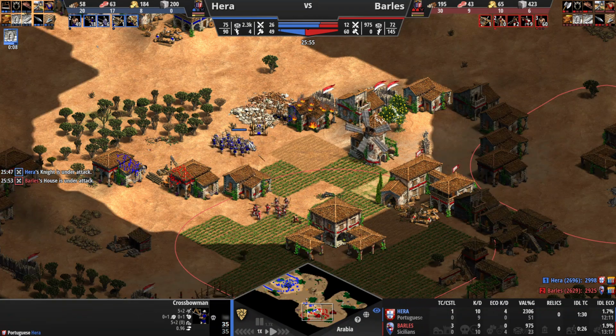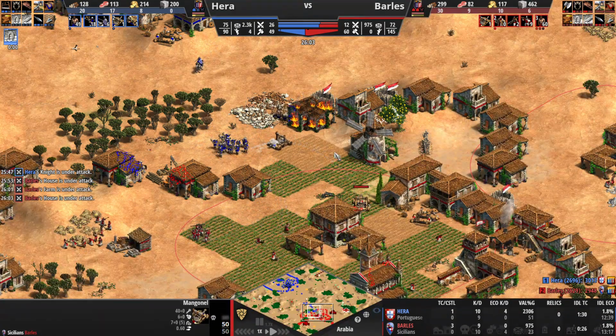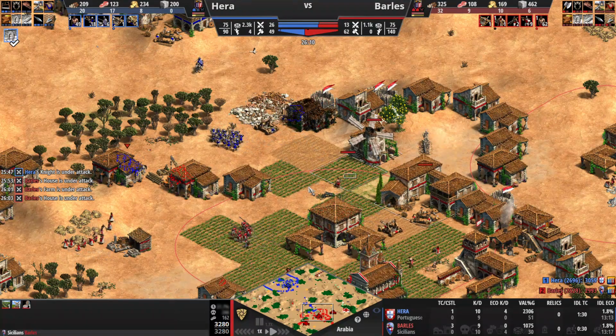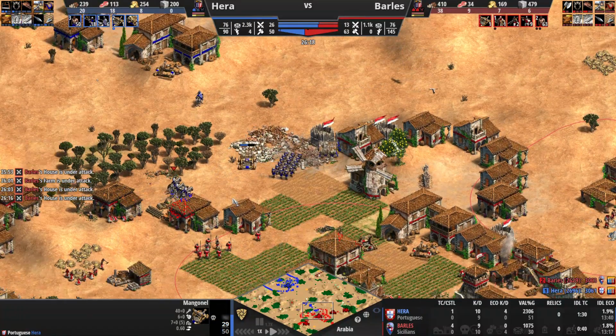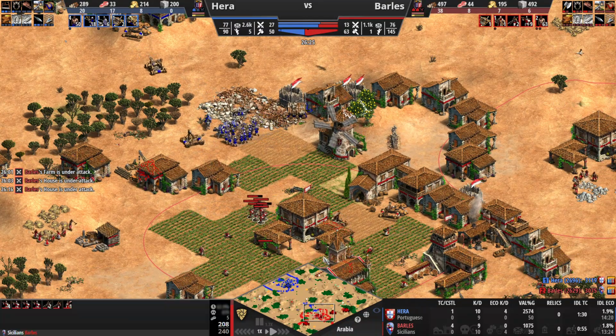Siege Workshop is spotted by Hera. He sees that there are flags on top of it. He sees the mangonel. Will they be able to engage with one another? Not quite, so he loses some HP. Hera has to run away for now, but this is a tough engagement as the mangonel is trying to get